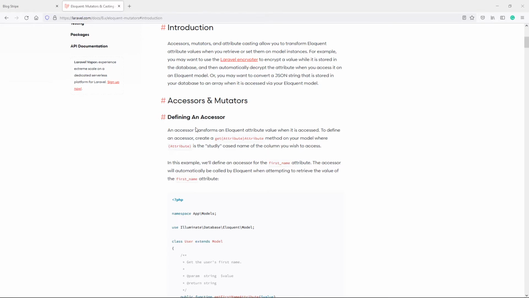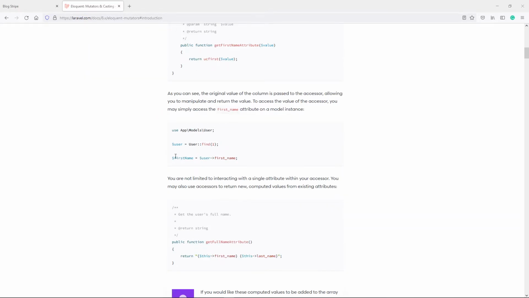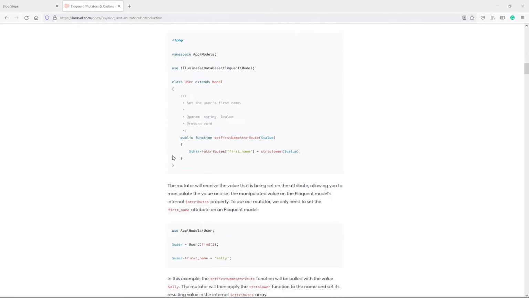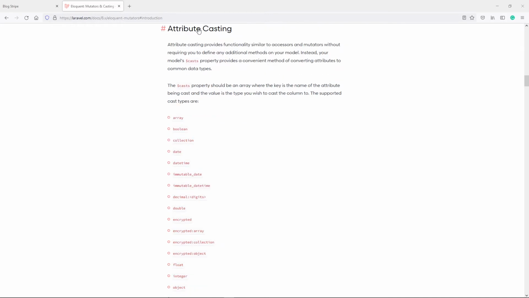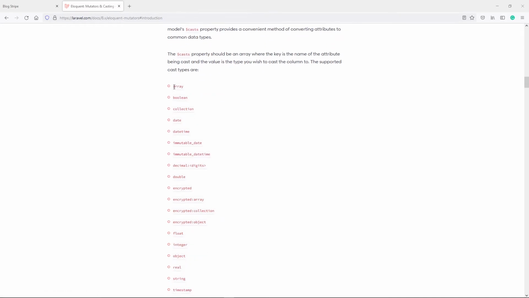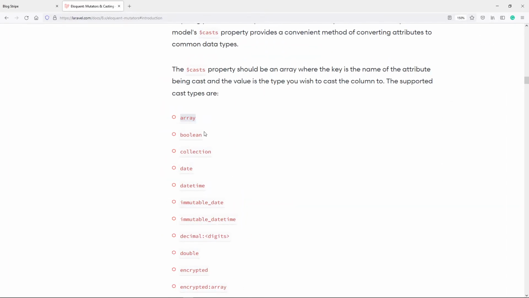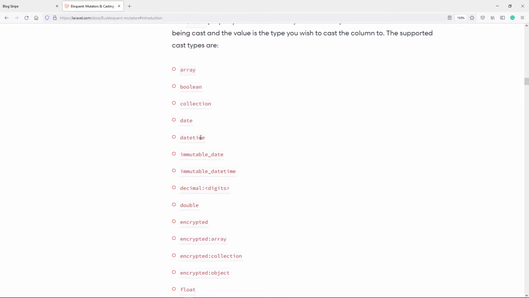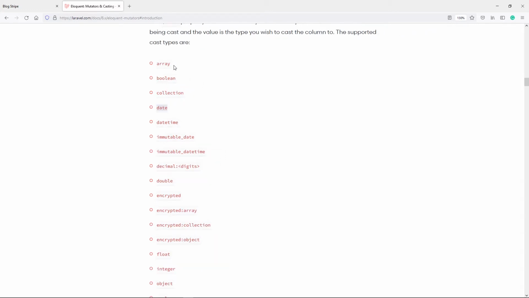We've got mutators and accessors. This is not what I'm looking for. This is attribute casting. So whatever values we can, we can set them to an array. Let me make it a little bit bigger. We can set them to array, datetime. Datetime is basically like setting a cast, in this case, to a Carbon instance, all these kinds of